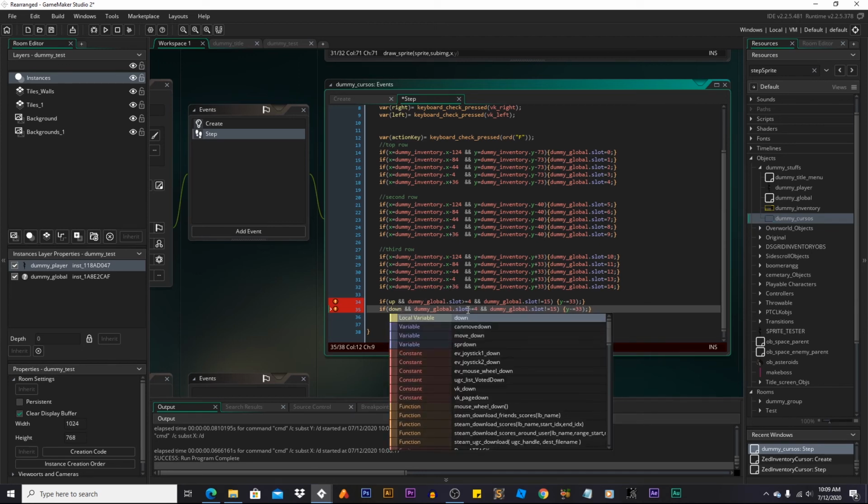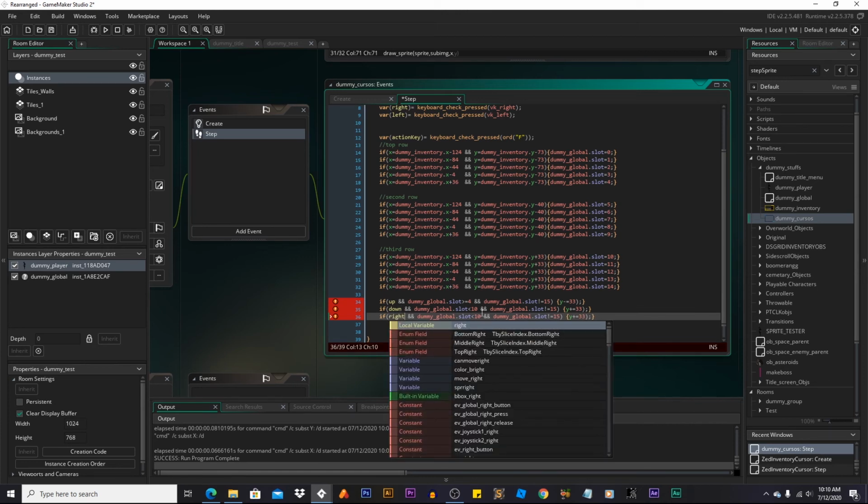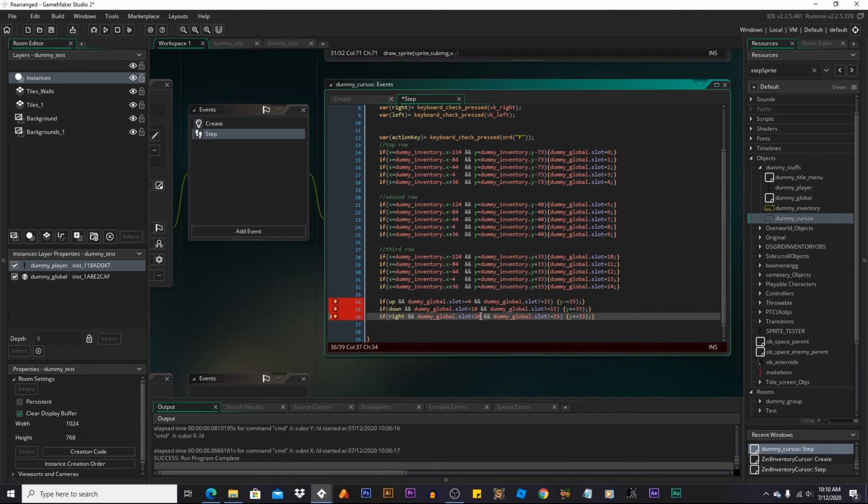Press down and global.slot is less than 10 and not 15. We want Y to go down 33. So then we'll say right, global.slot not 0